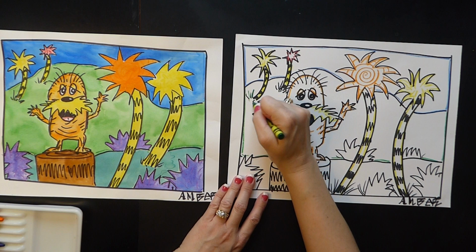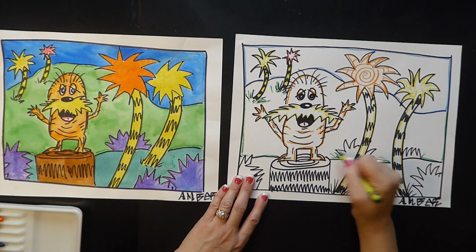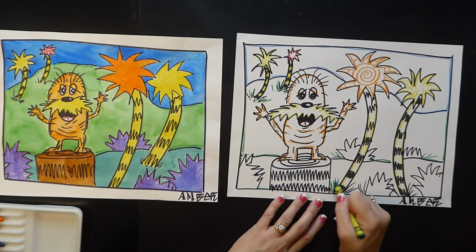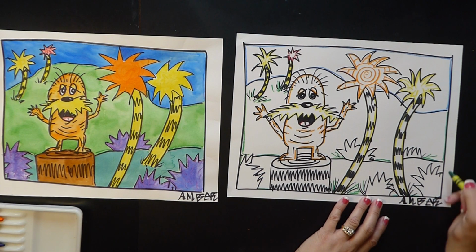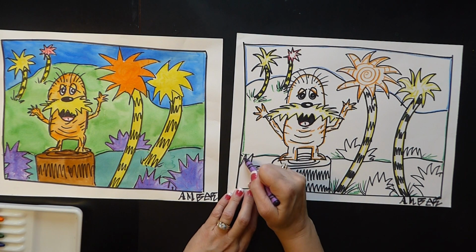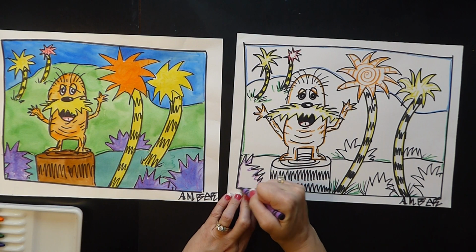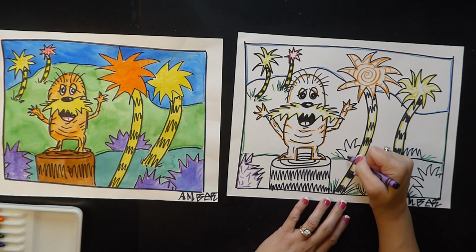And I'm going to put some marks for the grass in green. I'm going to do this one also outlined in green. Okay. Then I'm going to grab my purple. I'm going to make these plants purple. And maybe I'll add some lines to them just to give them some